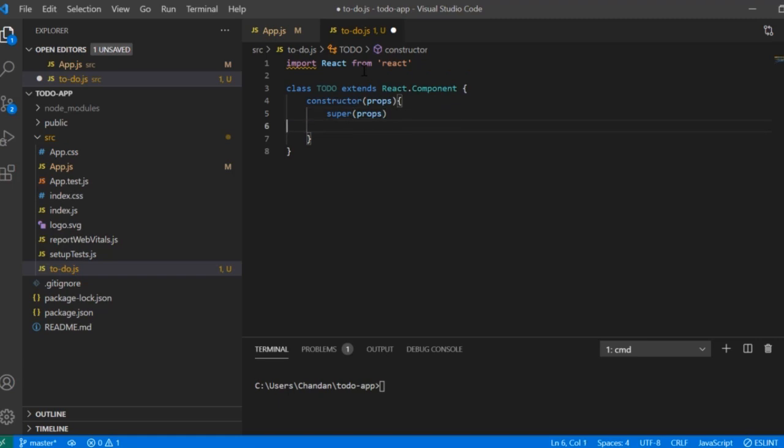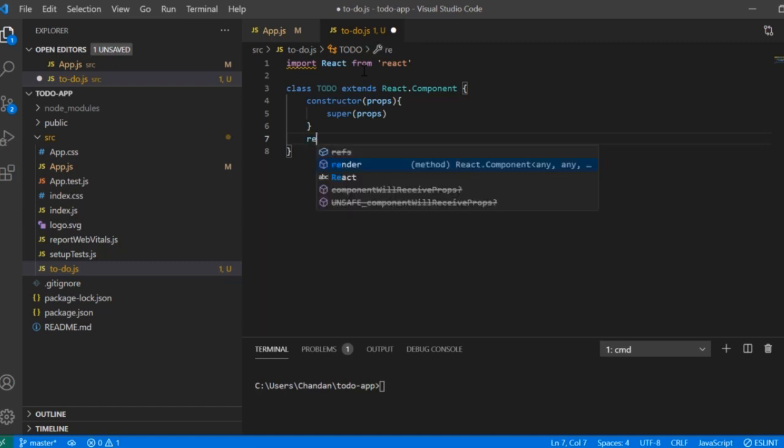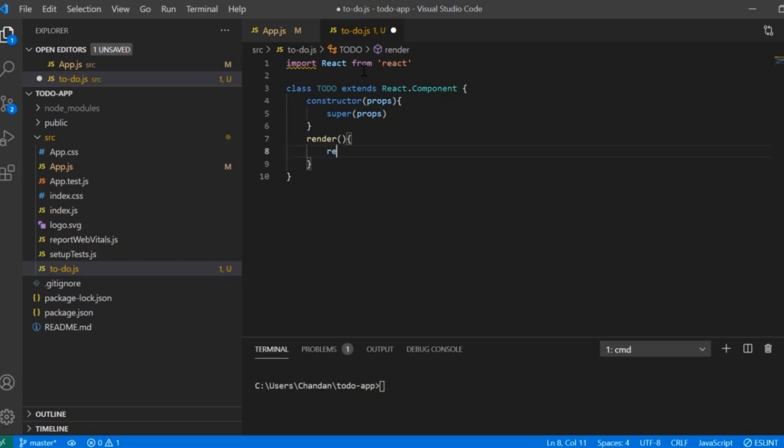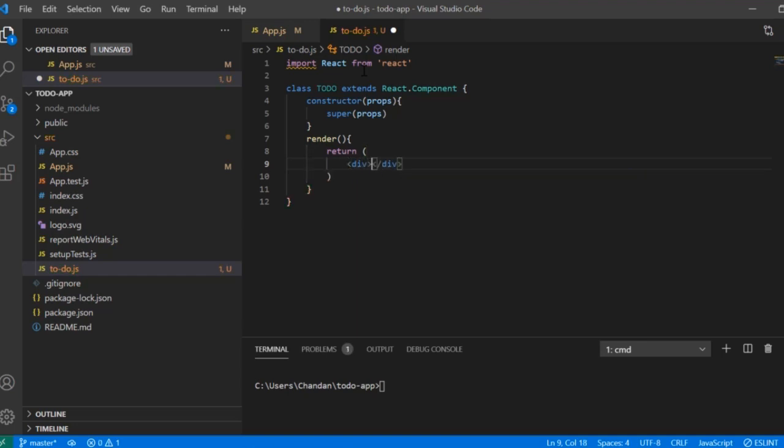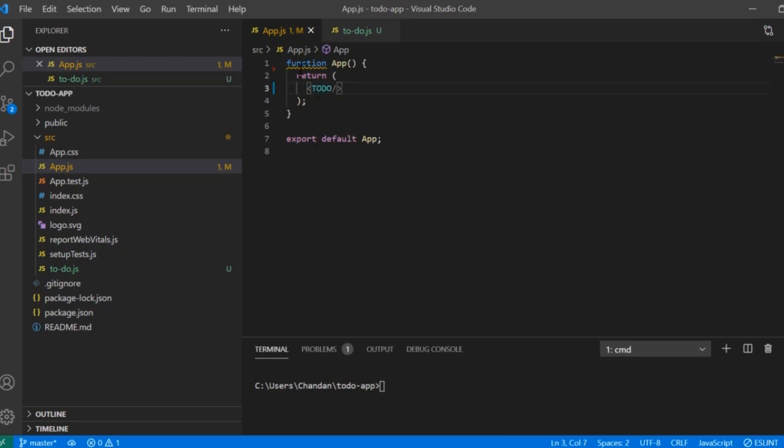Now once we have done this, we can create render. This render will return a component. So here we can add one div, and in this div we can write 'Hi, welcome to ToDo app'. So I have just added these things. Let's save it, and once we go here in app.js, we can see we have this ToDo app,